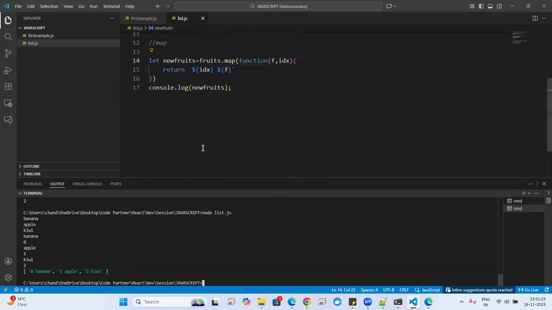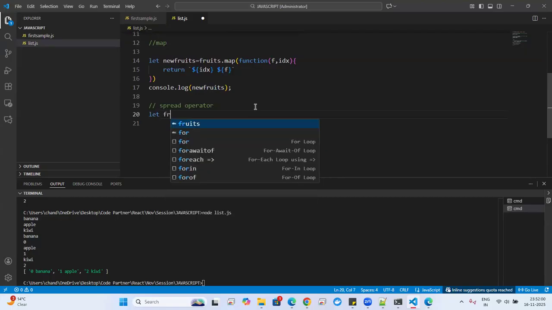Now we will talk about the spread operator. Suppose that you have two arrays, array 1 and array 2. Then how to add them into a third array? Then you can add array 1 plus array 2, correct? Array 1 plus array 2 will go into array 3. But in the spread operator, like we have